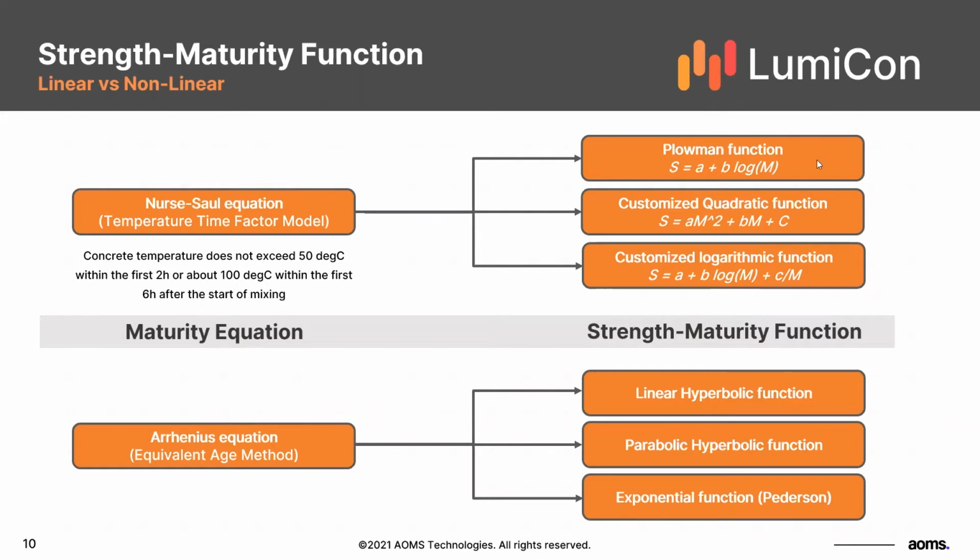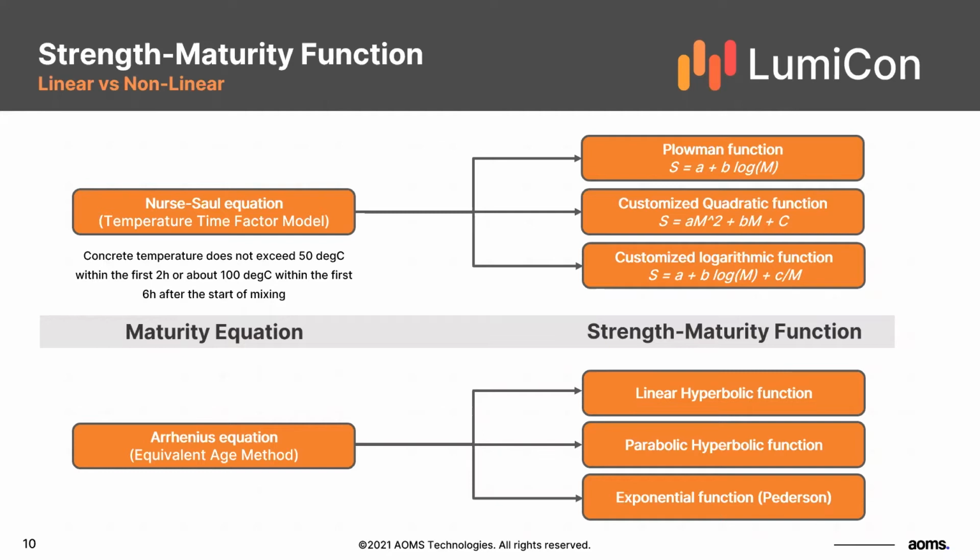So in general, based on the maturity data and the strength data, we need to understand which maturity function and which strength maturity function would be the best representation of our design mix. It is correlated mainly with three parameters: the regression that we do here, like the R-squared value, the standard deviation, and also some knowledge. I've seen cases that the standard deviation is good, and that the R-squared value is very high, but at the end of the day,